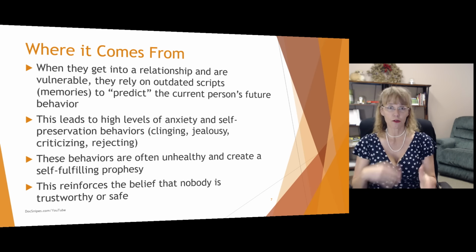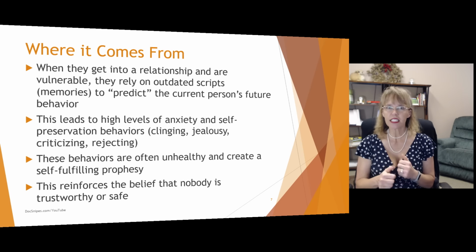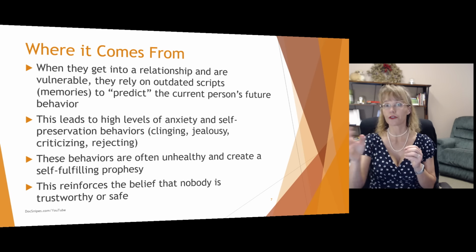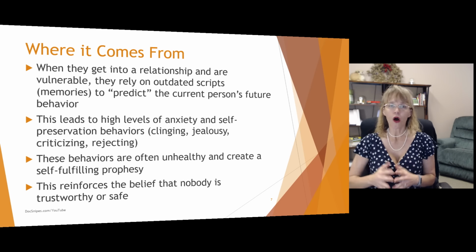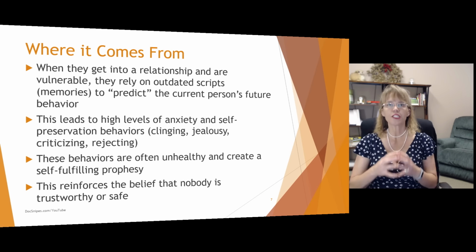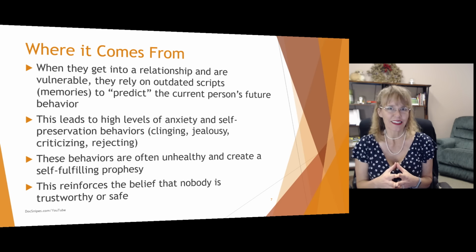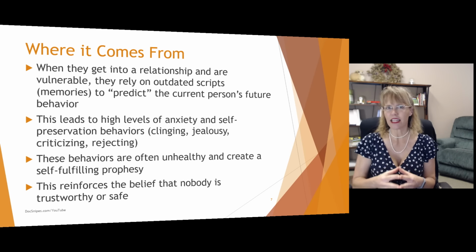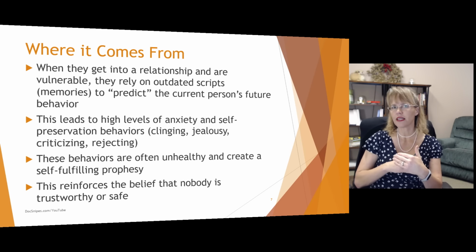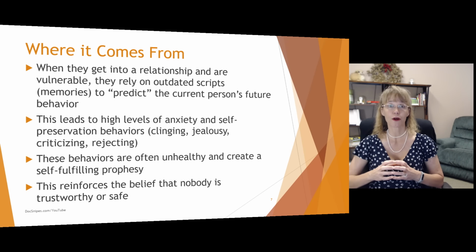They may resort to clinging, very clingy behaviors where they're texting all the time, they're calling all the time, their partner or their friend can't go anywhere without them, or exhibiting high levels of jealousy. There's a lot of different ways that people may try to protect themselves from abandonment. And from a survival standpoint, it can kind of make sense. You can see how in some way this behavior might make sense in order to try to prevent the person from getting caught unawares or being abandoned.